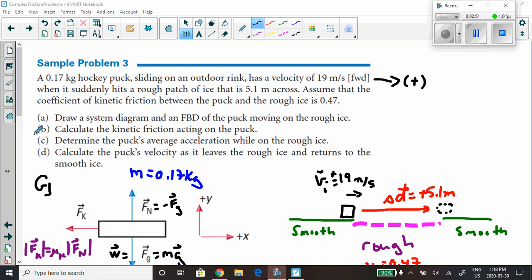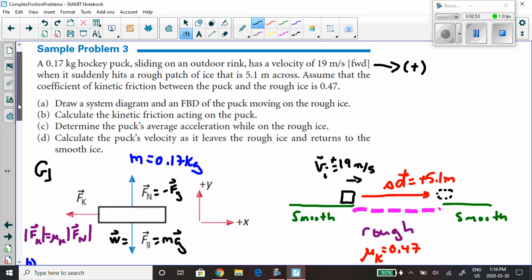So a good place to start is just to take a look at a sample problem. Now we're going to look at sample problem number 3. It's on page 104 from section 3.4. And we're going to use grass. Okay. So it says a